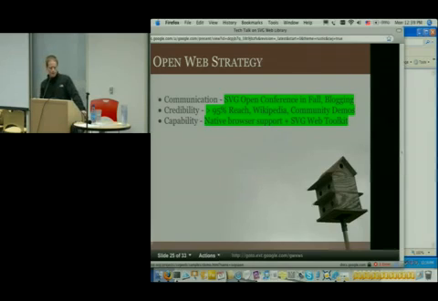And one of the ways we sort of mapped out how you do this is we came up with what we called communication, credibility, and capability. So we said capability is just actually being able to use something. You know, where can I use CSS3, for example? Like getting that capability across enough browsers that developers feel comfortable using it.